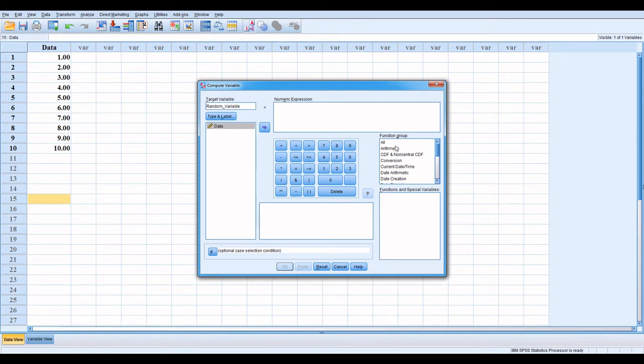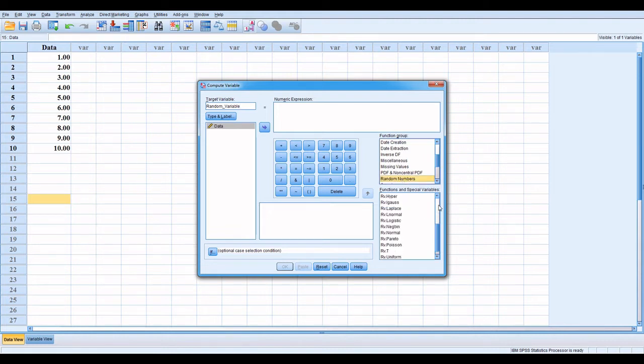Now in function group, on right side here is function group. You select your function. Because we perform random variable, here are the random numbers. Select random numbers because we perform random variables. So select your required function random numbers.